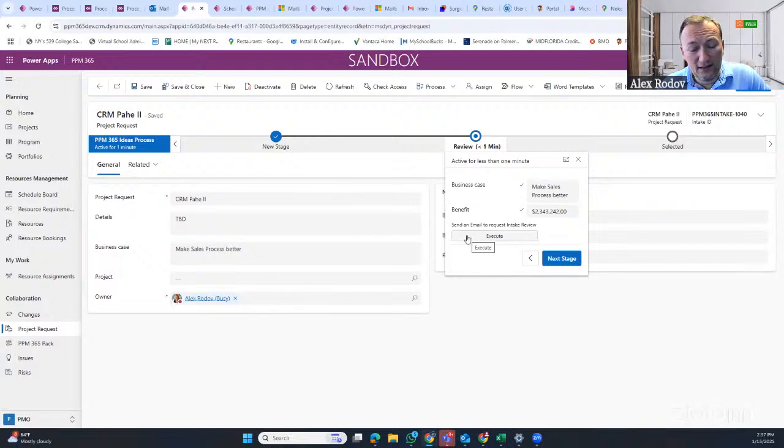But you can also see there's a little button here. What we can do as part of the governance, as part of the workflow step, is enter this action, right? And that's in control of whoever is managing this process, whoever has permissions to manage this governance step, and whoever can have access to execute that. So once we click on execute, and there was a little help here saying send an email to request intake review. So basically, what we're trying to recreate is the scenario where you have an initial idea, in this case CRM